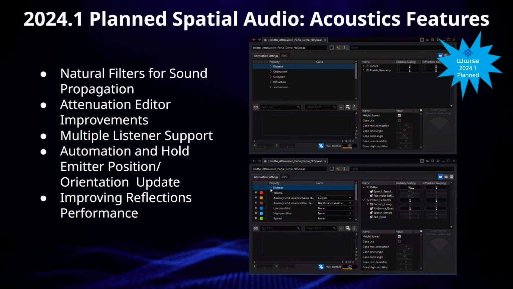We're really driving towards the best representation of sound as it continues to travel and propagate through a game world. And we think that we have a way forward that brings a more natural sound to the way sound propagates over distance.